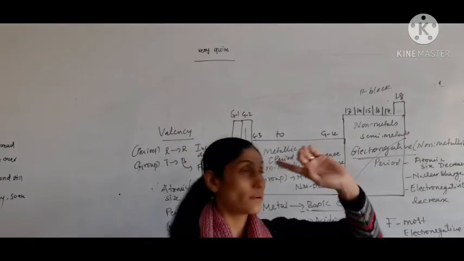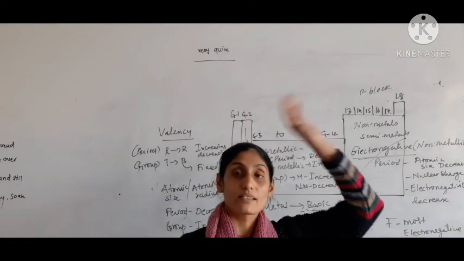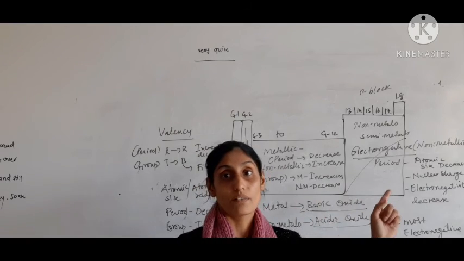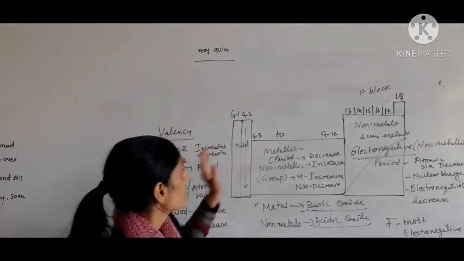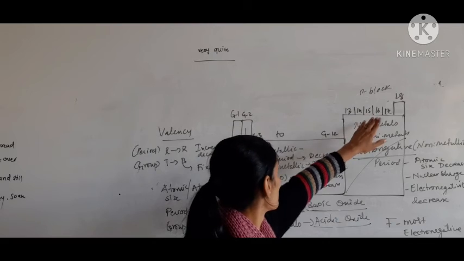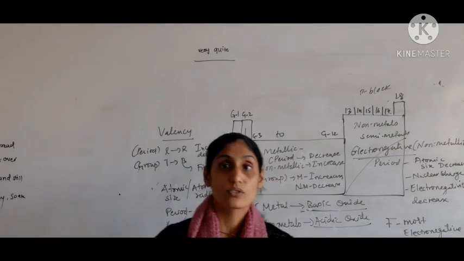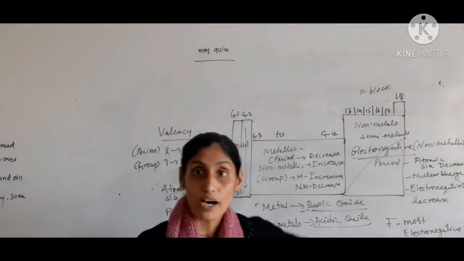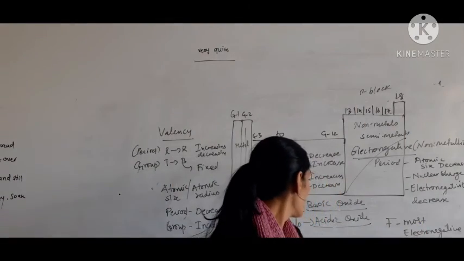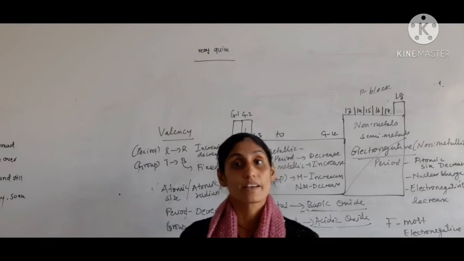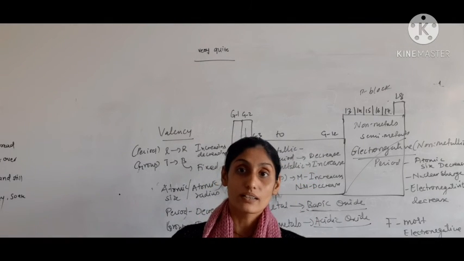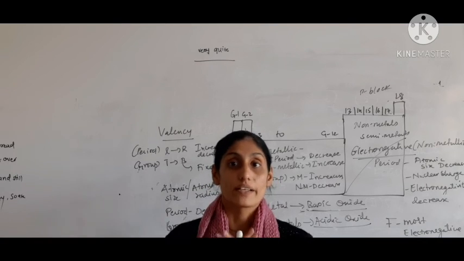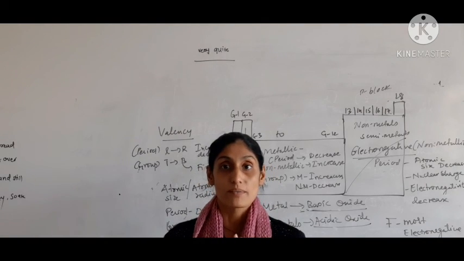So along the period when we have talked about, metallic character decreases, atomic size decreases, nuclear charge increase. Due to that electronegativity increases. When we have talked about fluorine and oxygen, fluorine is more electronegative than oxygen, and when we move down the group it is going to be decrease. So the most electronegative element among 118 elements is fluorine, least electronegative is cesium. So that is what we have learned about chapter number 5.